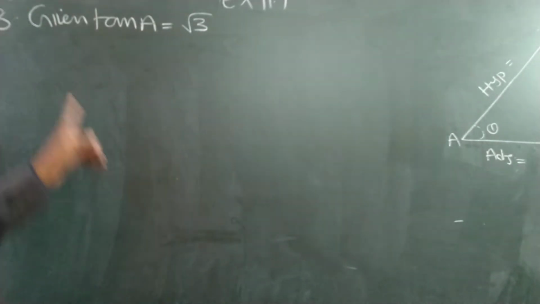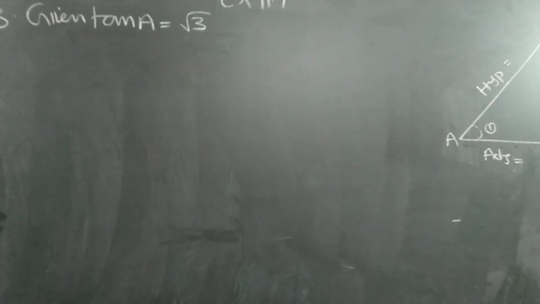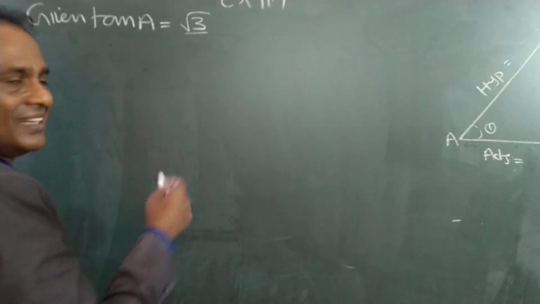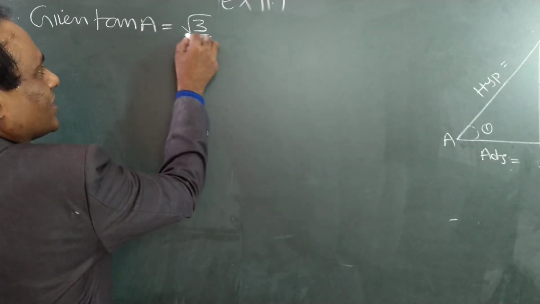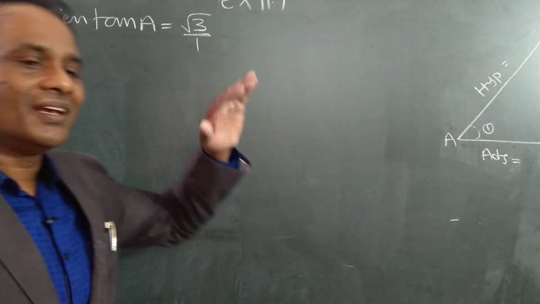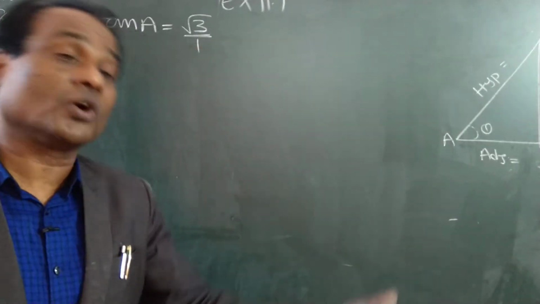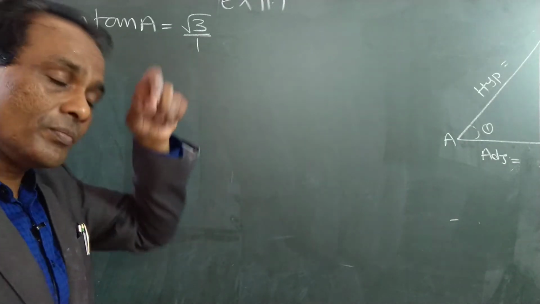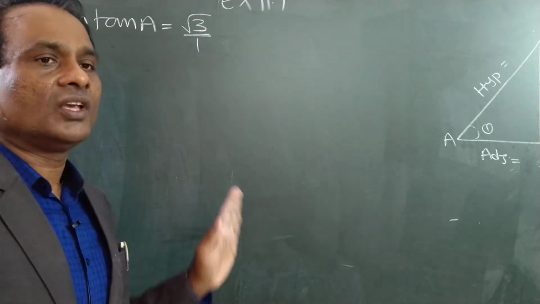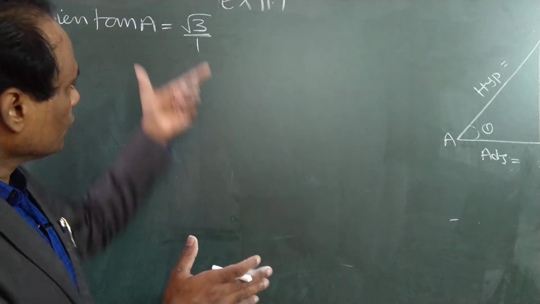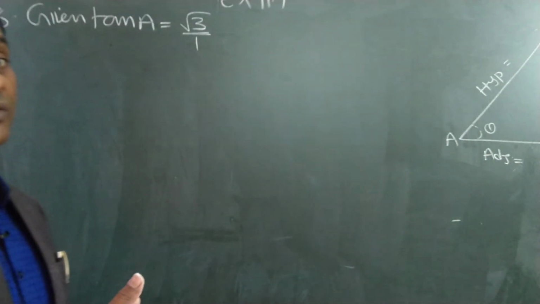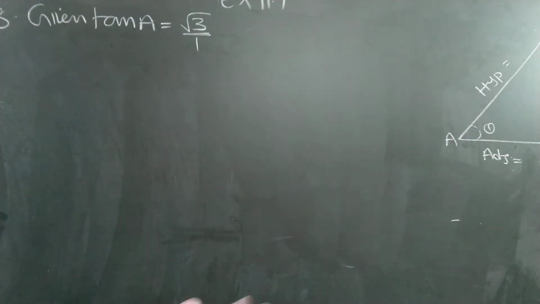Okay. What is given? Tan A. If there is no denominator, what is the denominator? If there is nothing, we take 1. Actually, after studying some more formulas, we can do this problem in a simple method in the next exercise. In this exercise, as per our formulas, we will get a lengthy process, but the simple process we will get in the next exercise, because those formulas we will discuss later.